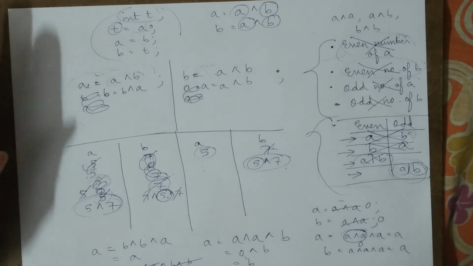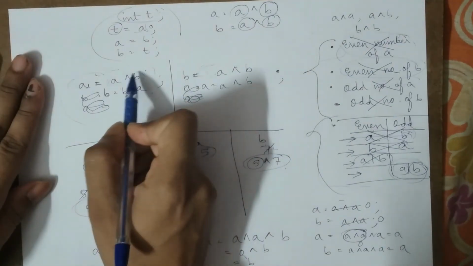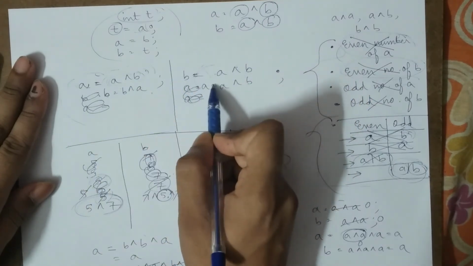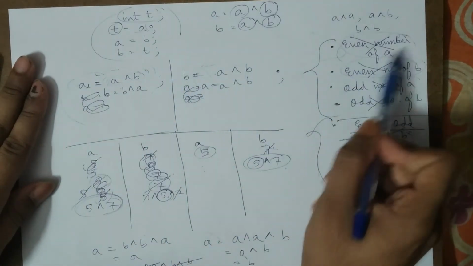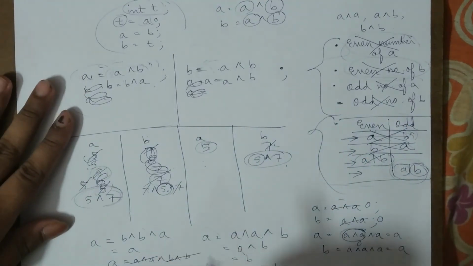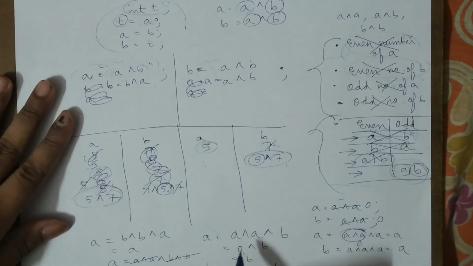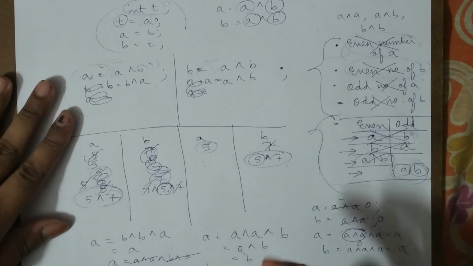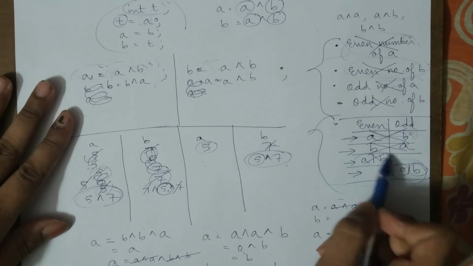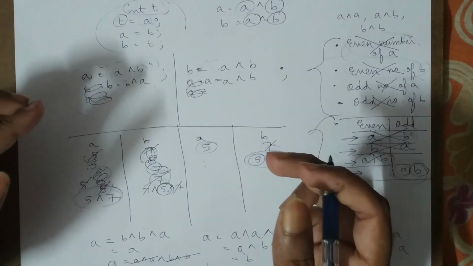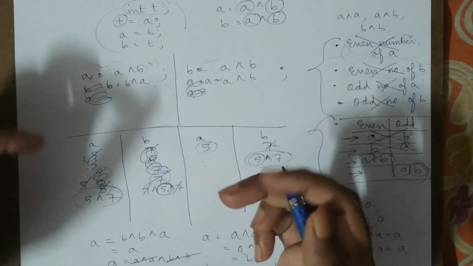So one thing that you can notice is that in both the steps, A and B are present an odd number of times on the right hand side of the equation. And why not an even number of times? Because as we had seen in the previous cases, when we write A and B an even number of times, they get cancelled because of the property of XOR, where we XOR a number with itself, it results in 0. Okay, and all the other cases were also cancelled because they were either swapped for some reason or the other, and the number was getting lost and we were not able to recover it.